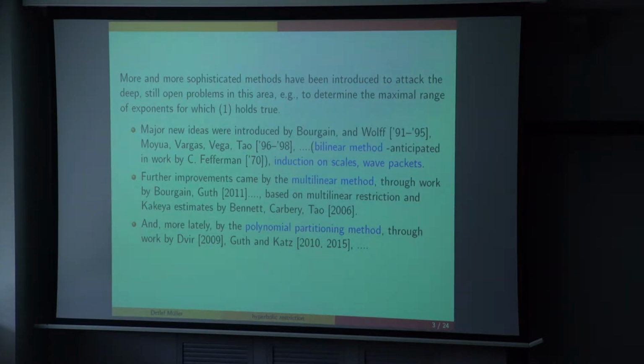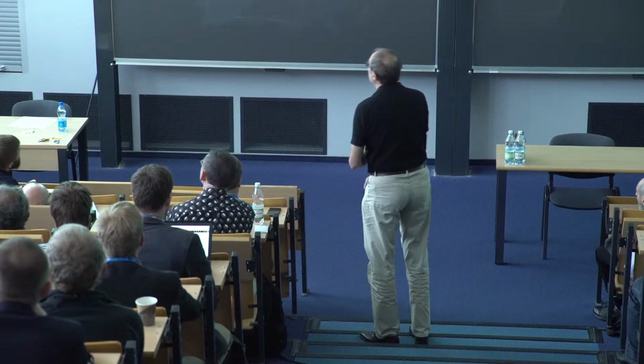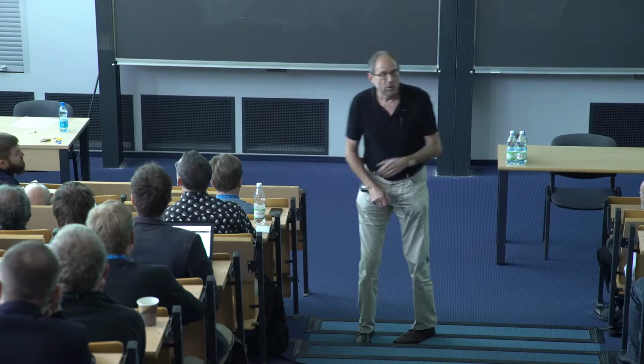So what we thought: we start again with the bilinear method, just to see what geometrically happens in the case of some negative curvature. As I said, from now on I will just concentrate on two-dimensional surfaces, so everything will be quite explicit. So we have a two-dimensional hypersurface S in R^3. And as I said, ellipticity basically means that the second fundamental form is strictly positive. Let me first review what is known about this situation and then compare to what is known in non-elliptic situations with non-vanishing Gaussian curvature.